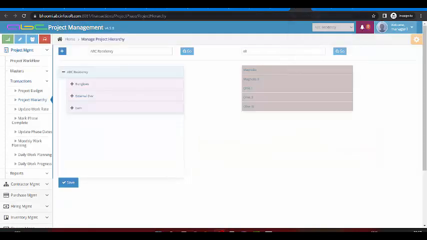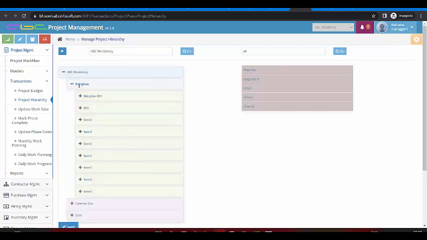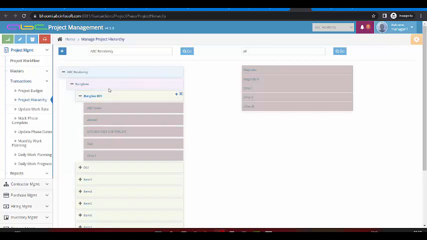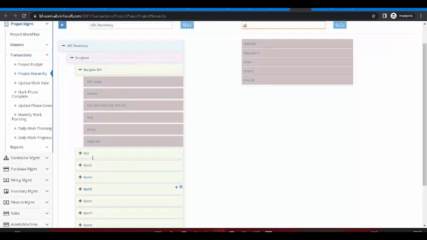After defining my work template, the next step will be to define the project hierarchy. While defining the project hierarchy, we have a project name, its phases and sub phases. Again, in the phases we may have sub phases, and we call for the BOQ from the BOQ part, and then we attach the BOQ in the entire hierarchy, and we can save the project hierarchy.